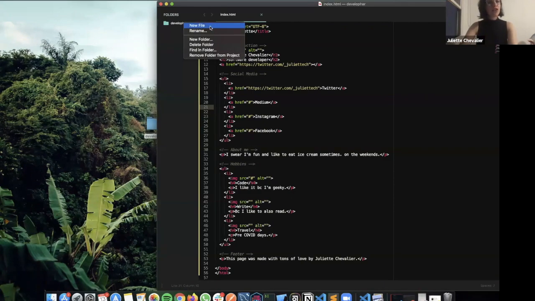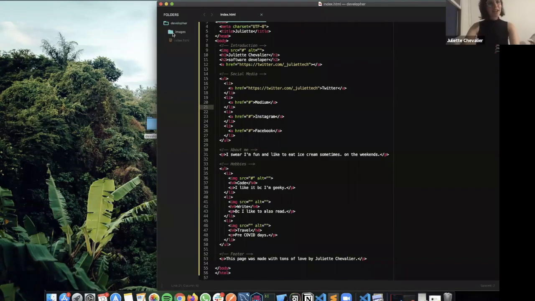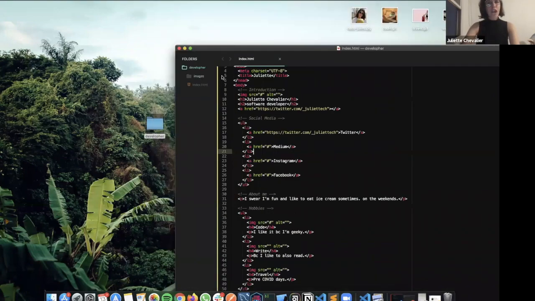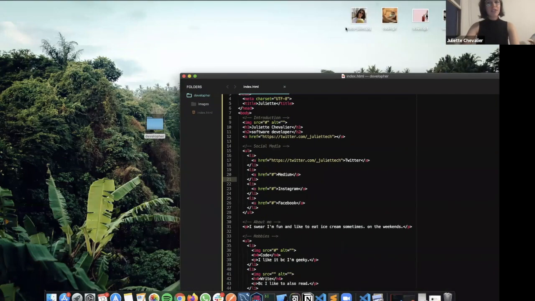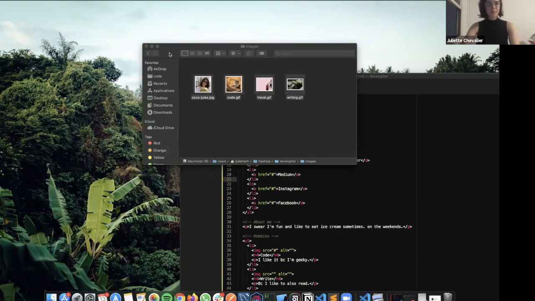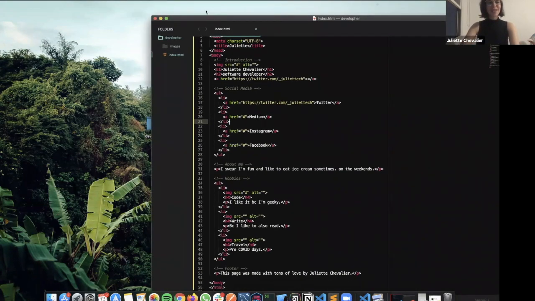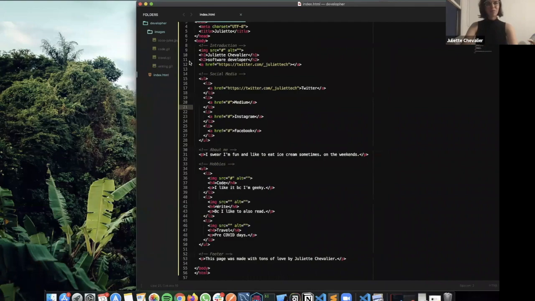And rather than create a new file, we're going to create a new folder. My folder is going to be called images. And then inside of that folder, I can drag the images that I have saved. So I can go in here, I'll drag these 4 that I already selected. And once I do that, and I go back to my code editor, my babies are there.